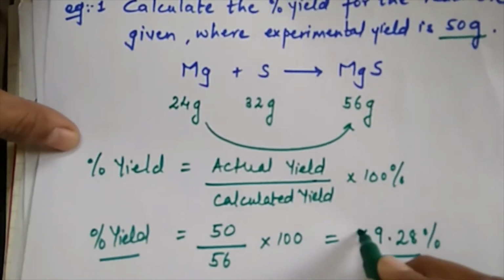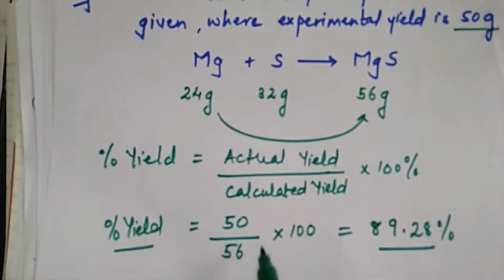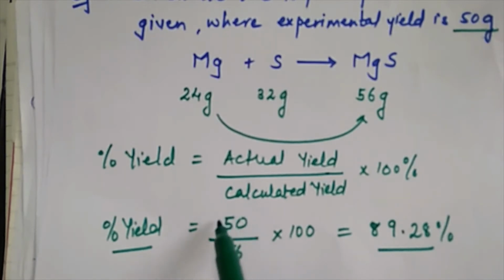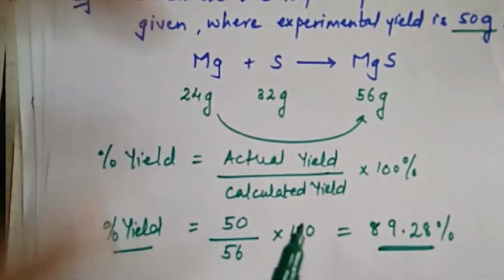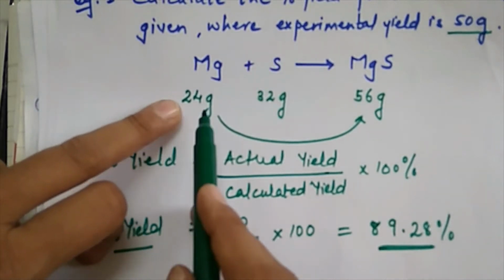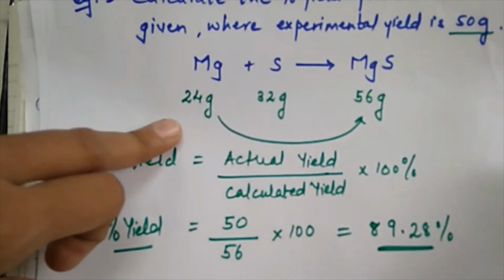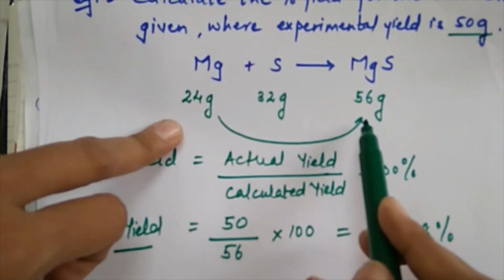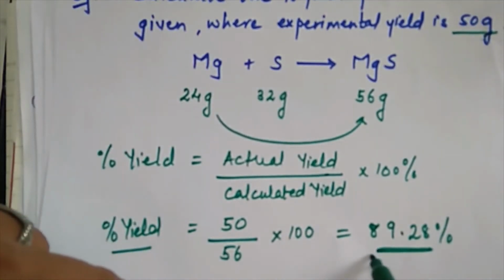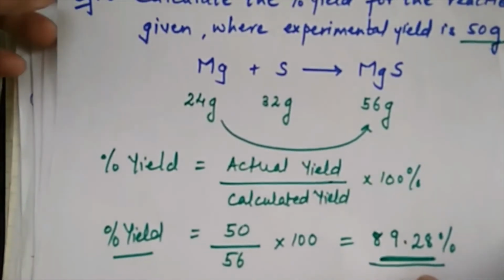So what we say here is percentage yield will never be 100%. That is, practical yield will never be more than the theoretical yield. We should get actually 56, but we are getting practically 50 grams. So it is around 89.28%. Because here it is not mentioned anything like we are taking 10 grams or any other value, we are directly calculating the percentage yield: practically 50 grams is obtained, but theoretically it should be 56 grams. So how much is the percentage obtained? That is the fundamental here to calculate the percentage yield. Let us see one more example.